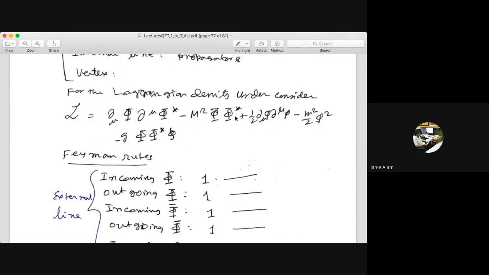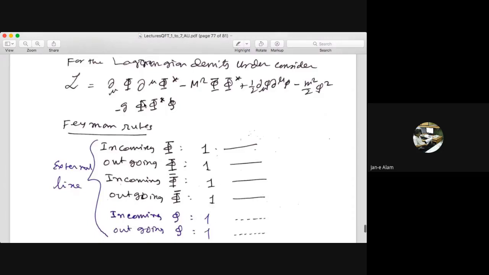So this is the original Lagrangian which I have taken. Complex scalar field. This is the free part for the complex field, and this is the free part for the real field. And this is the interaction between the complex phi and the real phi. Now I decide, this is up to you, what notation I will use. Suppose a particle incoming, a phi particle is coming. I'll denote that by a solid line, and correspondingly I'll use a number 1. Right? Why should I use number 1?